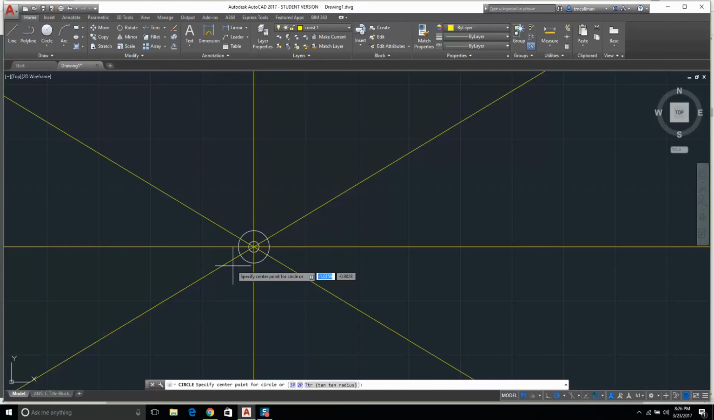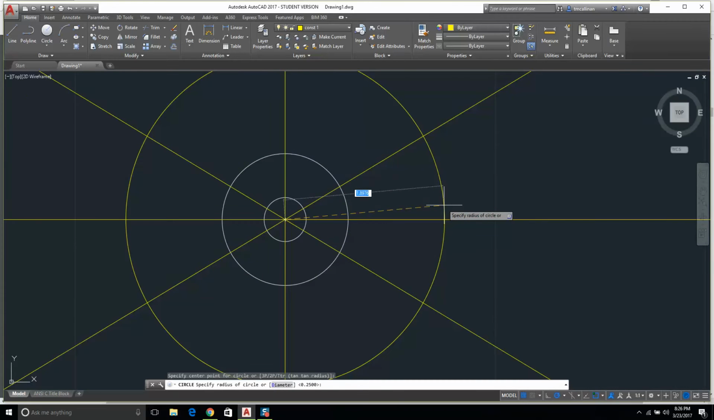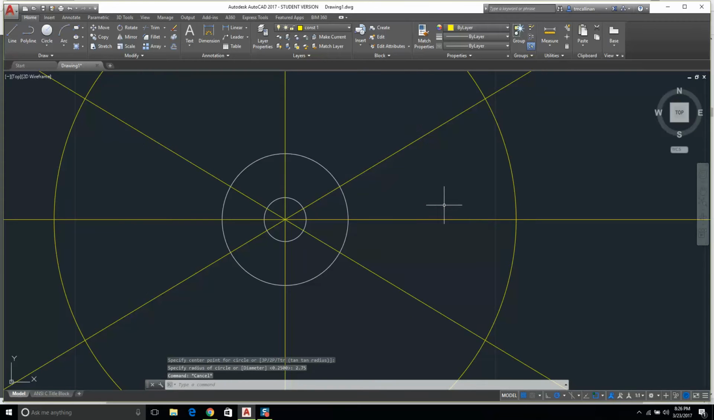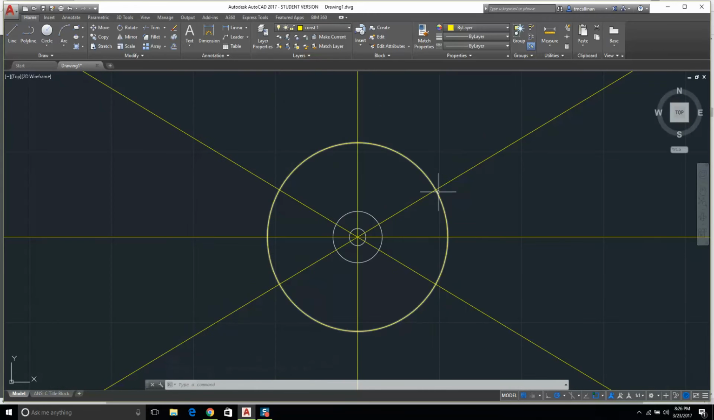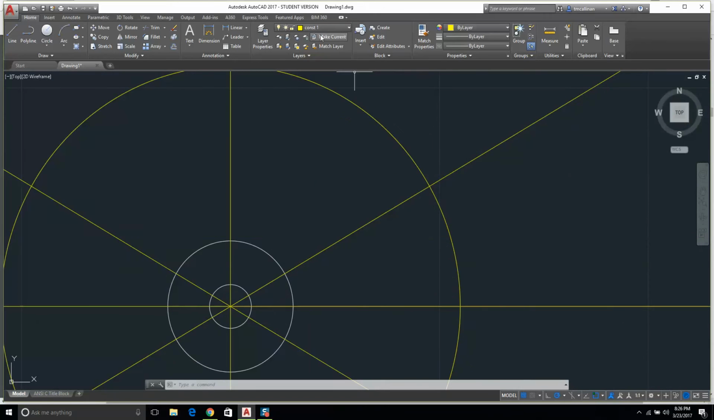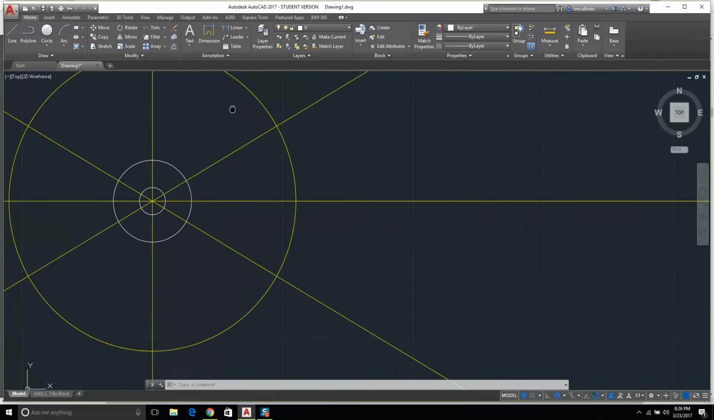So I'll get a circle. I'm on my construction layer. I'm going to go radius 2.75. Okay, all right. Going to go back to my 0 layer. And let's see what size of a radius these guys are, 0.25. So what I'm going to do is put in two circles, 0.25, and another circle here,